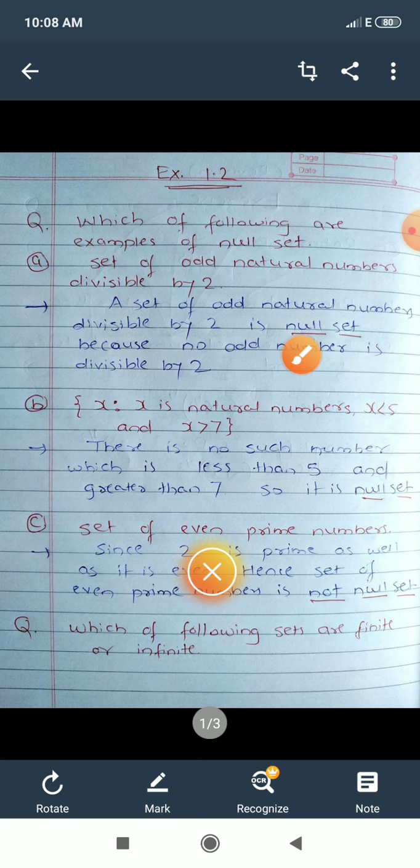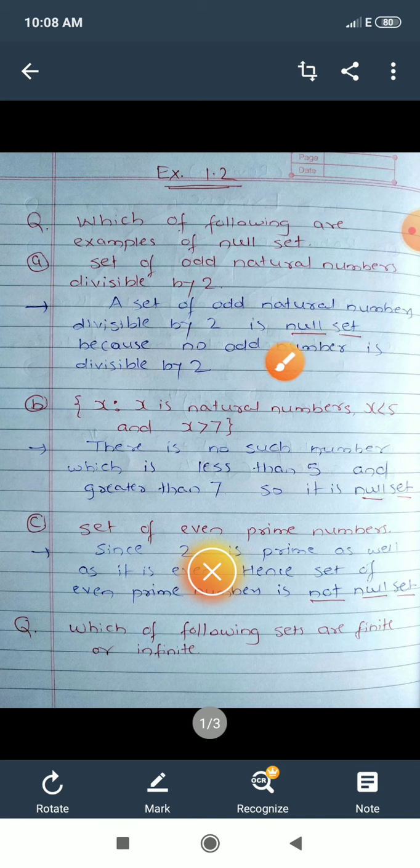So the question is, set of odd natural numbers divisible by 2. Now here we have to collect the odd natural numbers which are divisible by 2. Now as we know, every odd number is not divisible by 2 and every even number is divisible by 2. So the set of odd natural numbers divisible by 2 is a null set